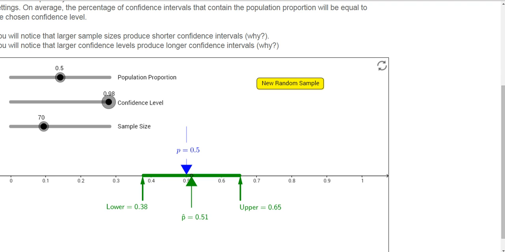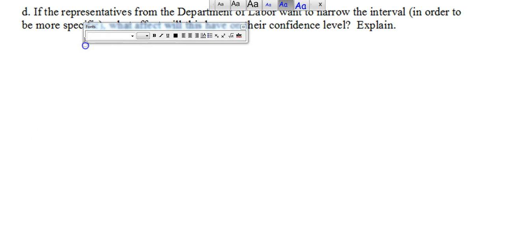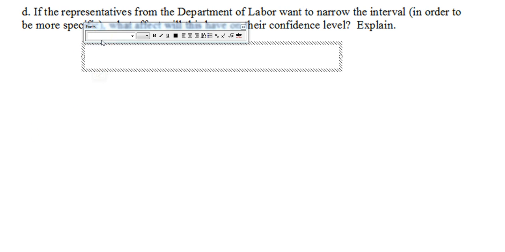So going back to this question, we want to narrow the interval. What effect will this have on their confidence level? Well, if you narrow the interval, that means you're going to get more precise with your response. And what that means for your confidence level is you are going to be less confident. So narrowing the interval